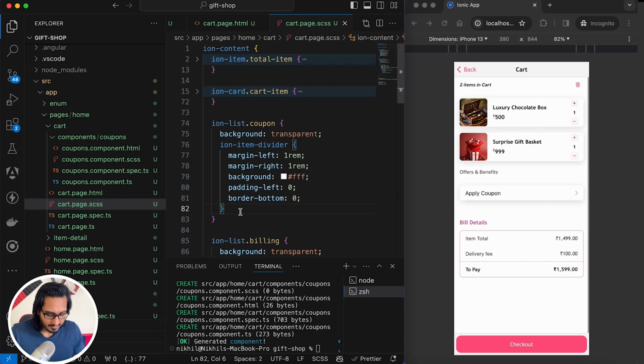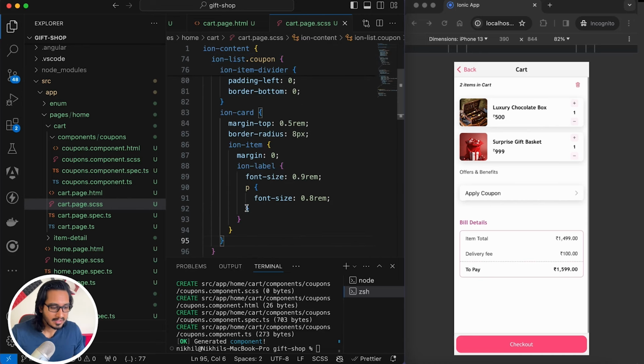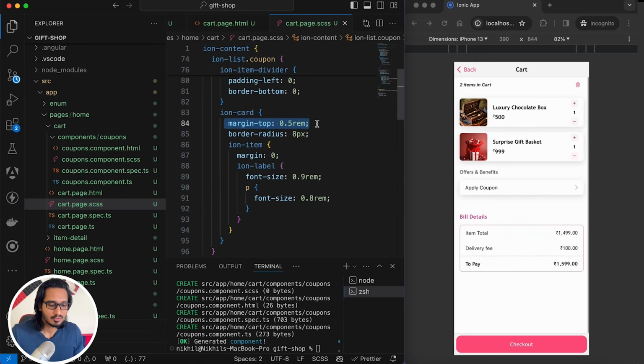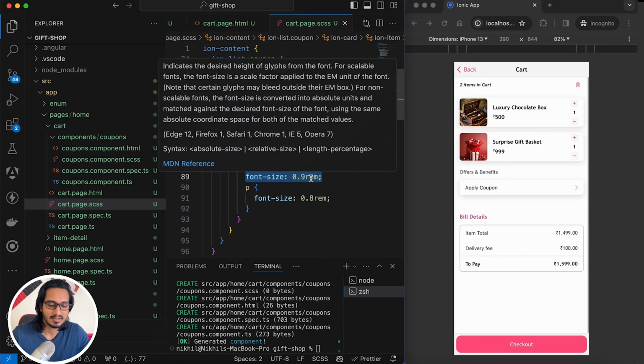Fine. After this Ion item divider, I'm going to work with the Ion card here, where I'm just going to fix the margin top to 0.5 rem as it was too much. I don't want that much of a margin. Then the border radius of 8 pixel is fine. And to the Ion item, I'm not having any margin. I've just removed all the margins which were there by default. And the label which we have here, I've just given a font size of 0.9 rem, which is in fact